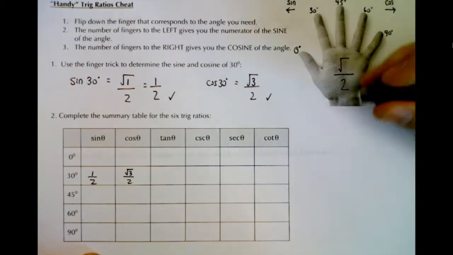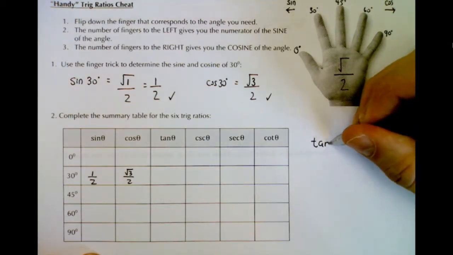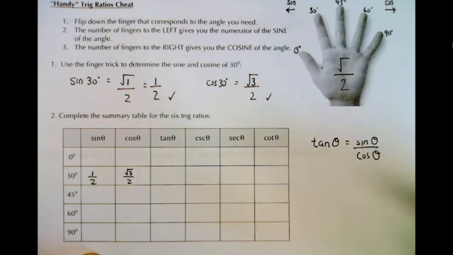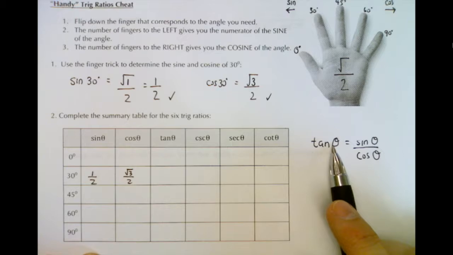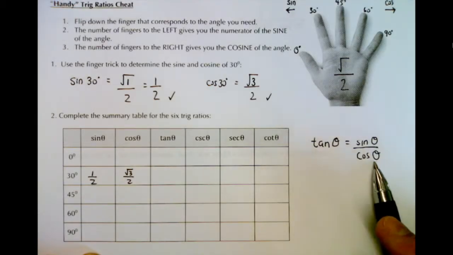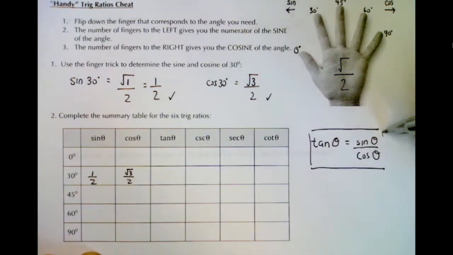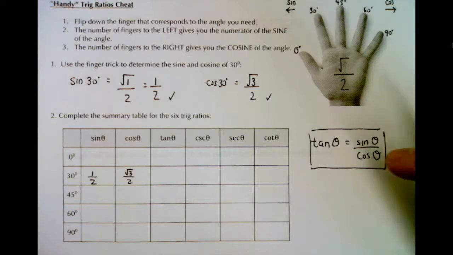Or this property: tan is actually just sine divided by cos. So if you want tan 30, you would take your answer for sine 30 and cos 30 and divide them. The reason why this works, well, this is called a trig identity, and it's something we're actually going to prove in a future lesson. But to show you the math behind it,